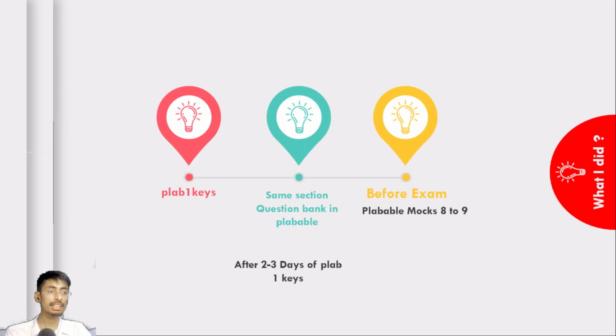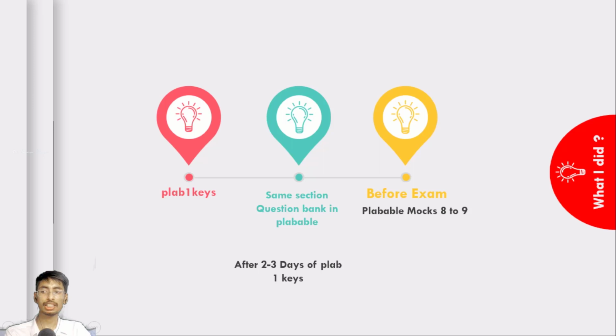That is, if I did my neurology section from Plab1 Keys while I was on duty, I would come back home, and after 2 days I practiced the same neurology section from Plabable, and I used to solve those questions. And before the examination,